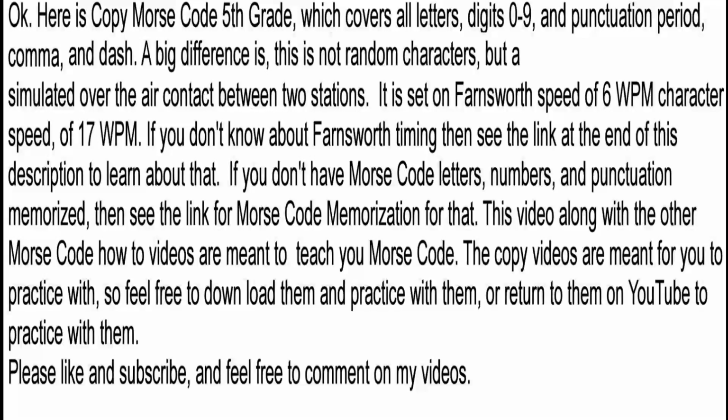Okay, here is Copy Morse Code 5th grade, which covers all the letters, digits 1 through 9, and punctuation of period, comma, and dash. The big difference with this video is that this is not random characters, but a simulated over-the-air contact between two stations. It is set on Farnsworth speed of 6 words per minute, character speed, and 17 words per minute total speed. If you don't know about Farnsworth timing, then see the link at the end of this description to learn more